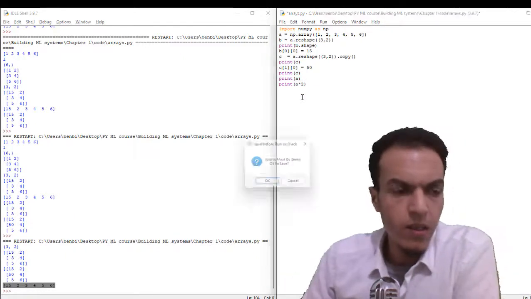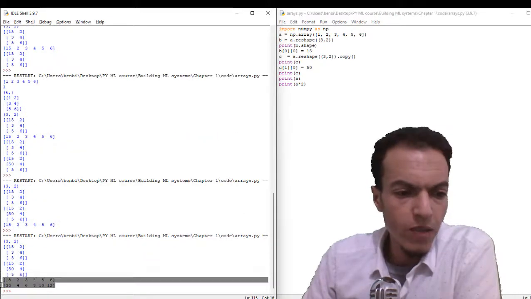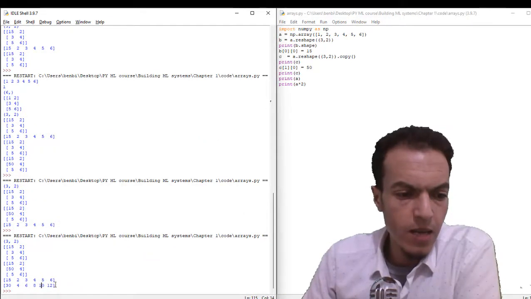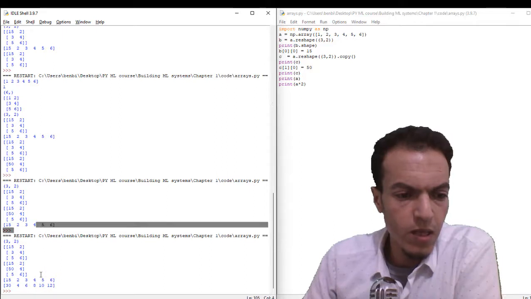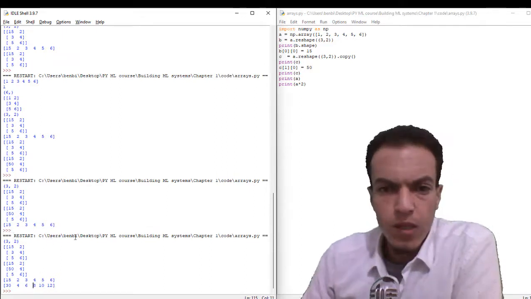And so here you see that we multiplied all the values in the array a by 2. So 15 multiplied by 2, and then 2 multiplied by 2, and 3 multiplied by 2, that's 6, and then 4 multiplied by 2, that's 8, and so on. So this multiplies all the elements in the array a